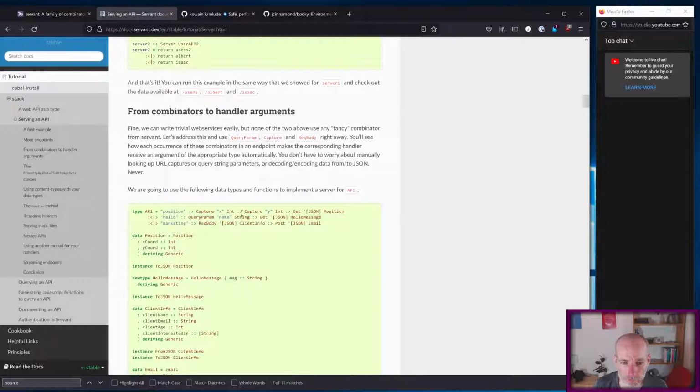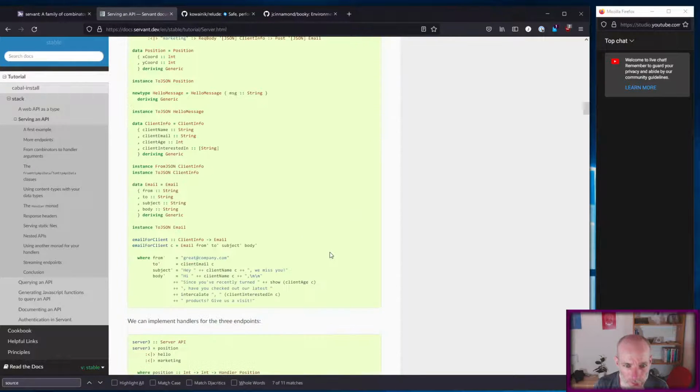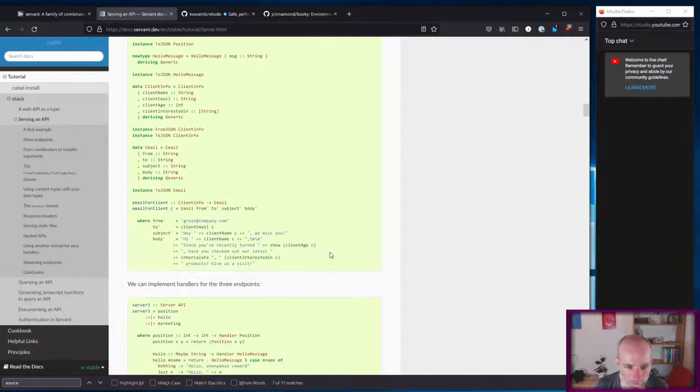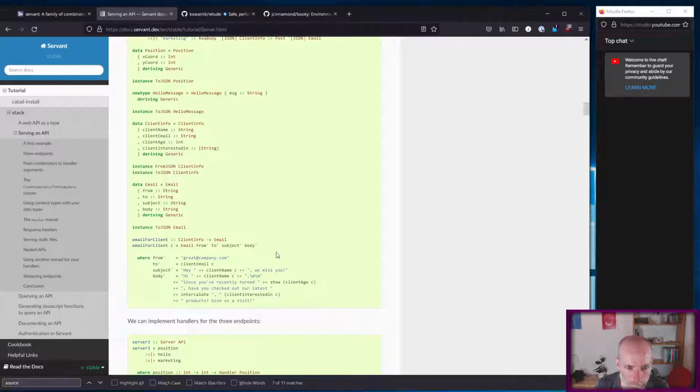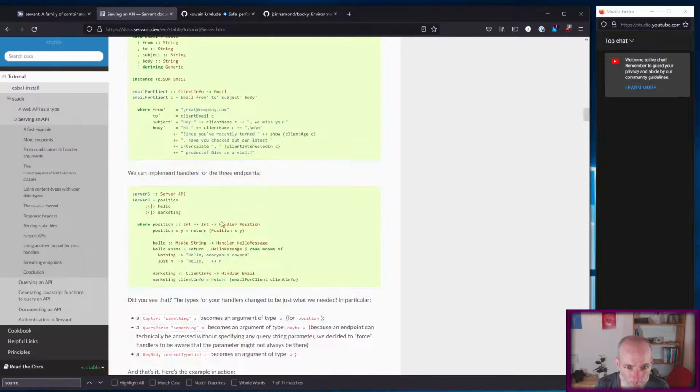We've only got a single capture, which is a name, which is a string, and it's a get request. And then down here, when they're writing the server, they're going int to that. So I should just be able to call